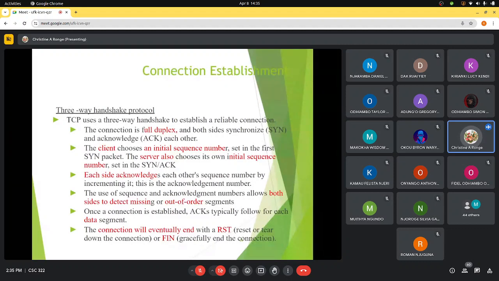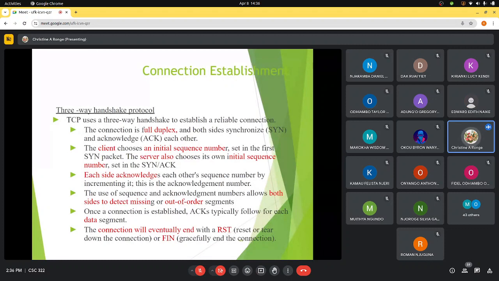The way to terminate that connection is to send another message which has the FIN bit set, which is just really for finishing or terminating the connection. So eventually the connection will be terminated by a FIN message. In this case, the SYN bit will not be set, but the FIN bit will be set to mean I want to terminate this connection. That is if you are terminating the connection gracefully